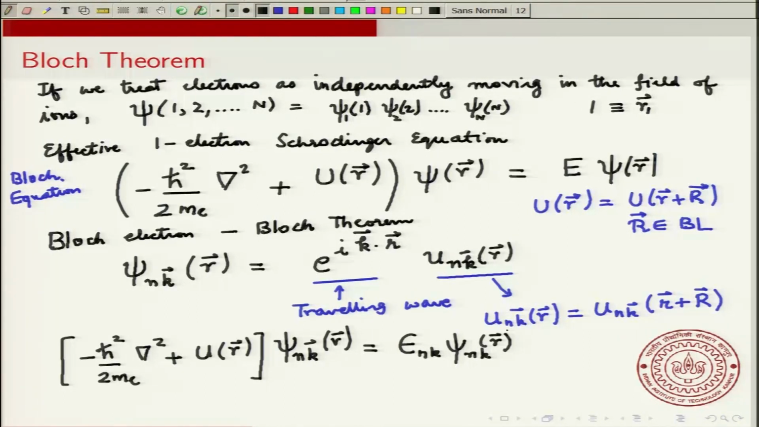Okay. So, I am just writing the same Bloch equation in a slightly more explicit form with the indices n and k. And as I said, k corresponds to this particular wave vector that is there in the solution. Now, what does this imply for the